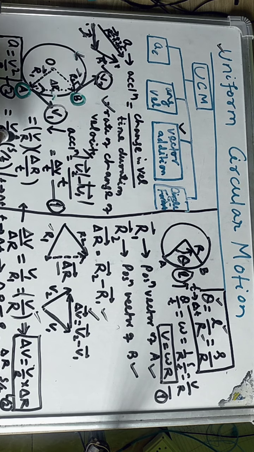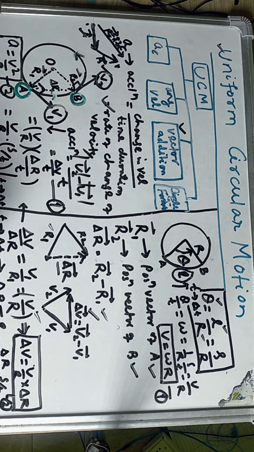Acceleration became v by r times delta r by t, because delta v became v by r into delta r, then divided by t, then acceleration became v by r times delta r by t, or v by r into